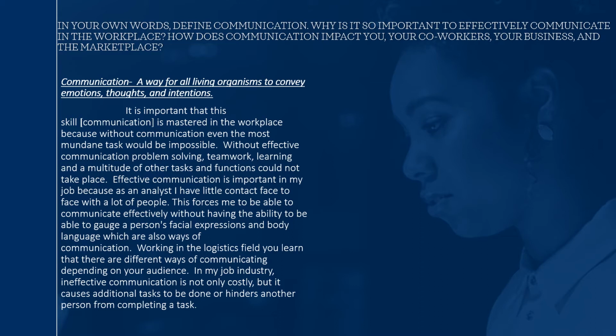What do we do when we communicate? We're trying to get something else, I don't even want to say a person, something else to understand what our emotions are, to understand what our thoughts are. And I put intentions there. We haven't gone over it yet, but for non-verbal communication, you can get across emotions, thoughts, and intentions without even saying anything.